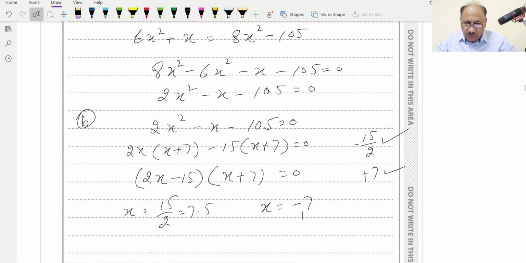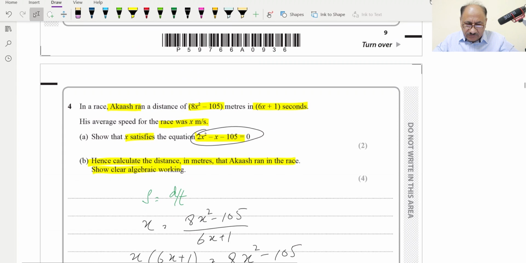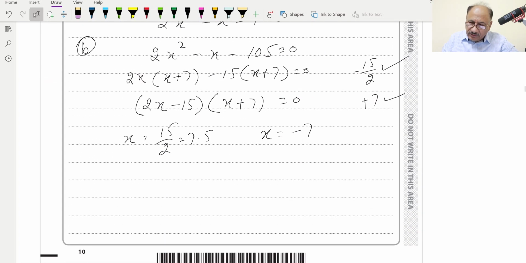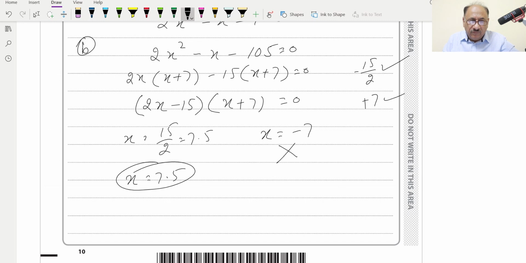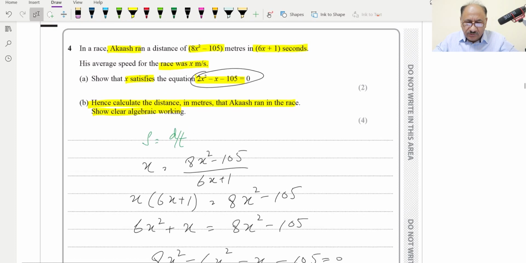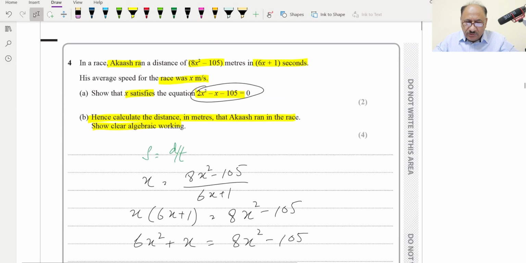So this x, what is it? X is the distance, which cannot be negative, so we will reject the negative number, so x is equal to 7.5. This will be the value, and we need to find the distance. They are saying hence calculate the distance in meters. So distance is